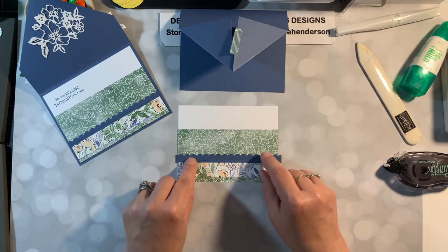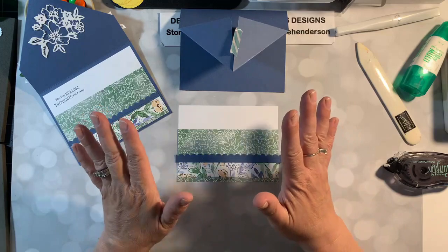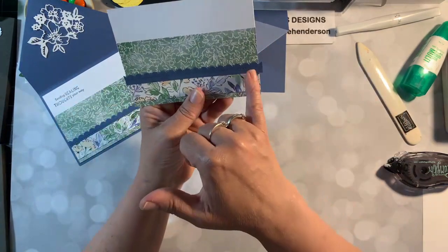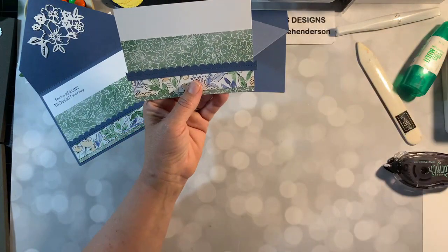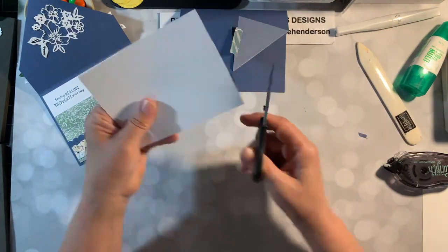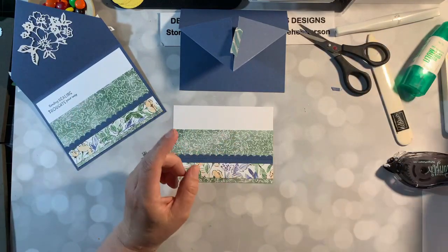Now a little tip when you're working with scallops. I'm anal and I like everything to match. I'm a matchy person. I like my scallops to end the same way on each side. That's why I usually cut it a little bit longer. I'm just gonna flip this over, trim those off, and then